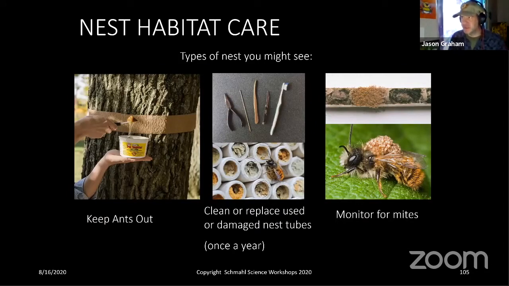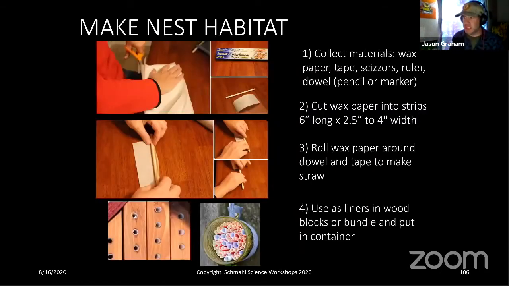So there's some habitat care that you have to worry about, like keeping ants out, replacing damaged portions of the nest. You need to monitor for mites. Sometimes these bees can get mites as well. So if you see a mite problem, clean out the nest and then maybe start out with new materials. It's really easy to make a liner. You just take wax paper and roll it around a pencil, and then make a tube like that, and then tape it. The bees will find something like that and start